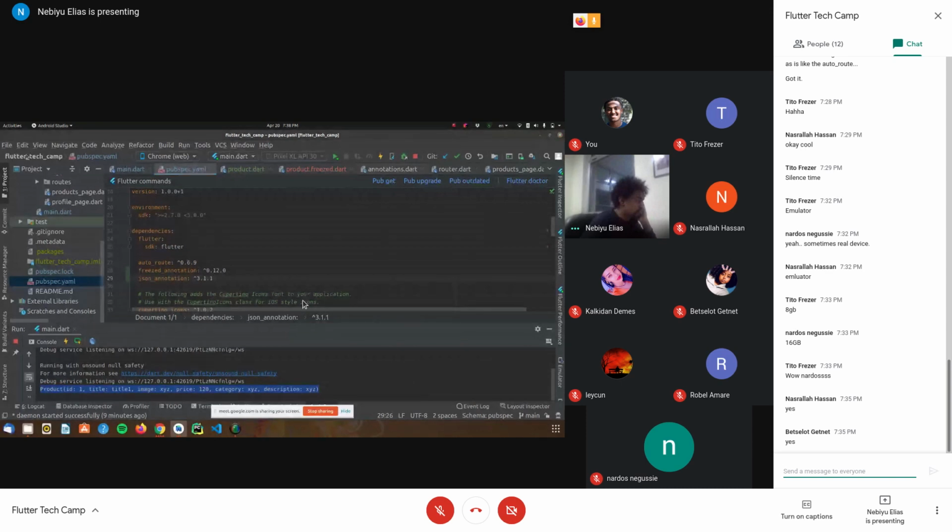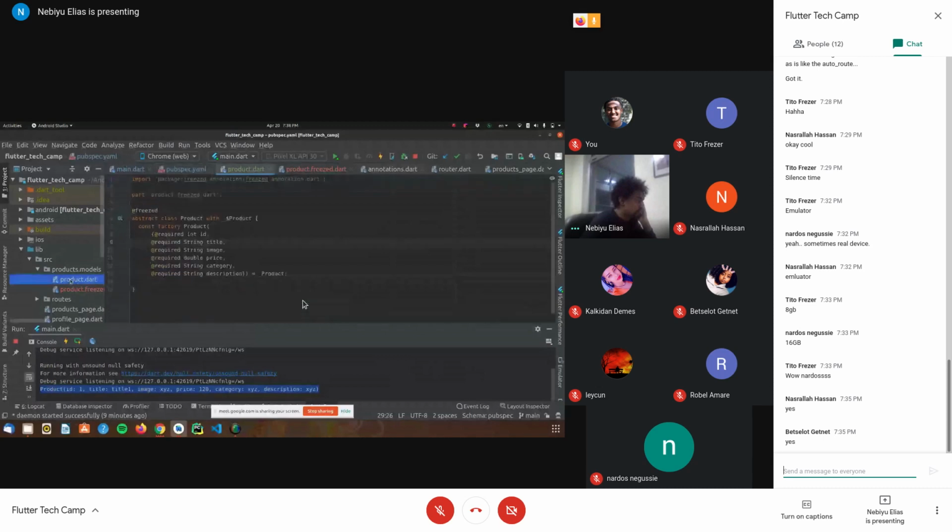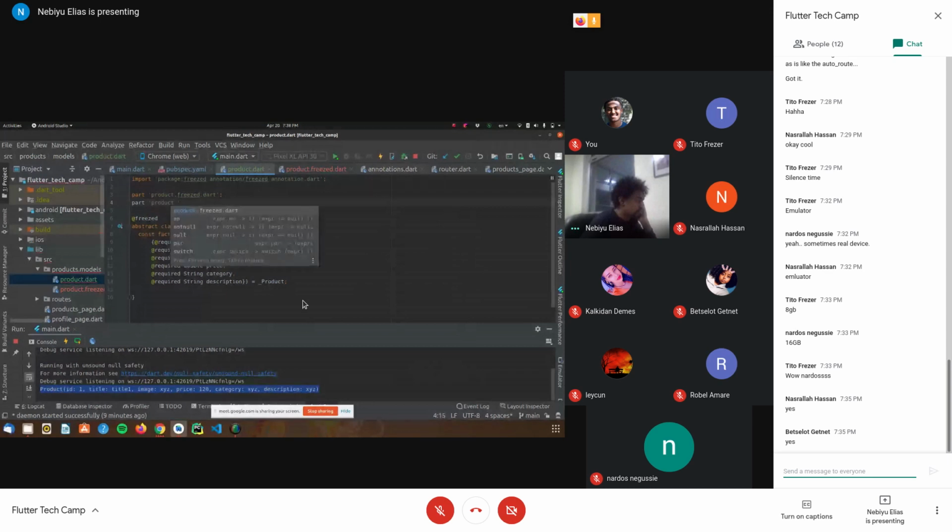Then I come here. For the code that's going to be generated, I also add a part statement. This code is going to be generated in another file, product.g.dart. Again, I come here and, to convert from JSON, I add a factory. So it's going to be Product.fromJson. Okay, so the JSON we're going to be receiving